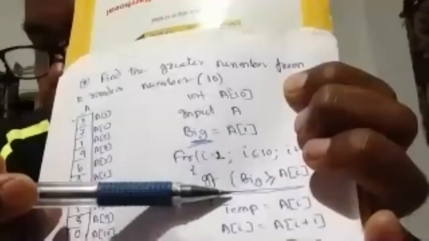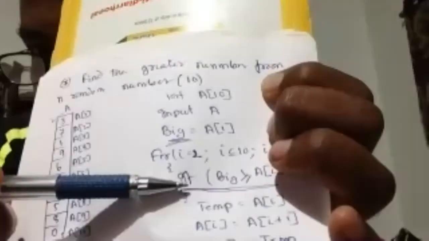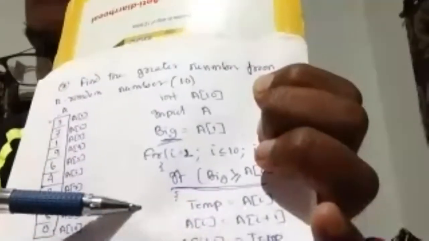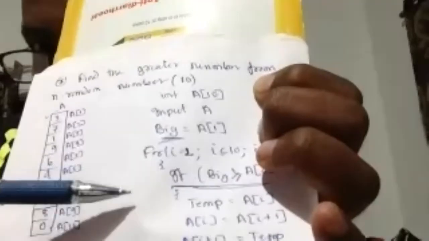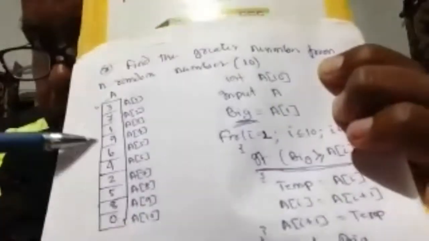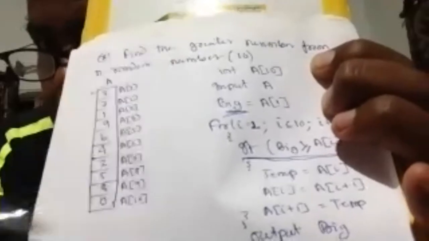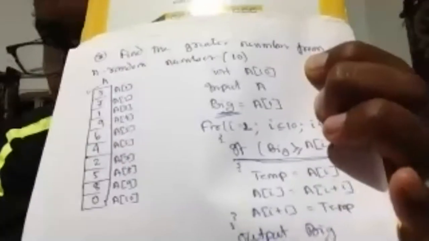7. So don't go for the value, go for the address. AI means A2. Exactly, 2 means you are comparing big with the second value. You are comparing the first value with the second value, and I put a for loop so that I can continue one after another. If you have only 2 values, then it's fine, no need for a loop. But we need to go for all the values. That's why I'm putting one for loop.